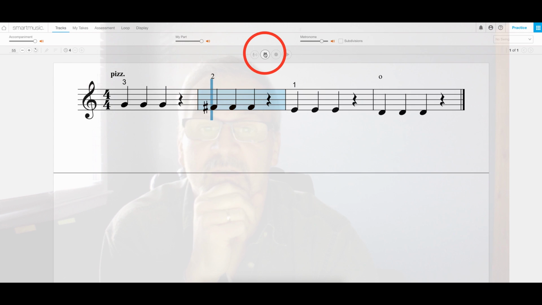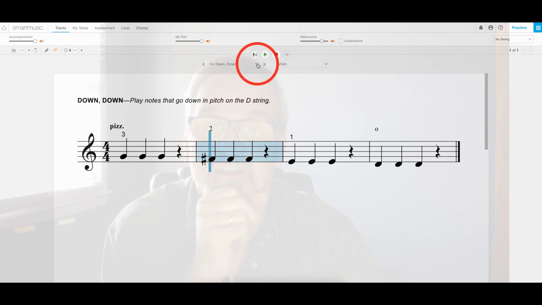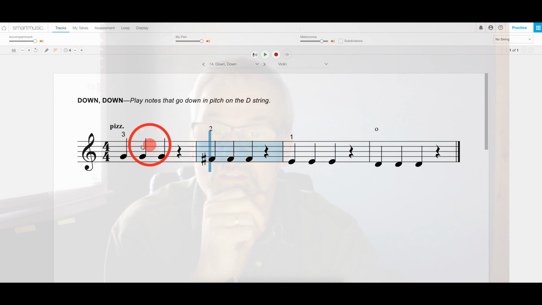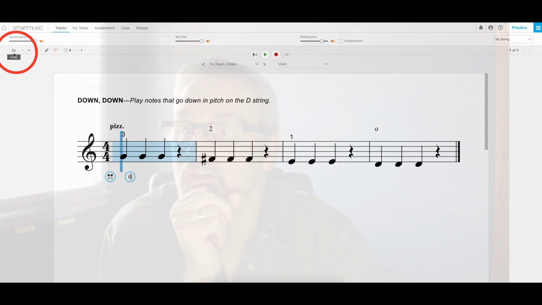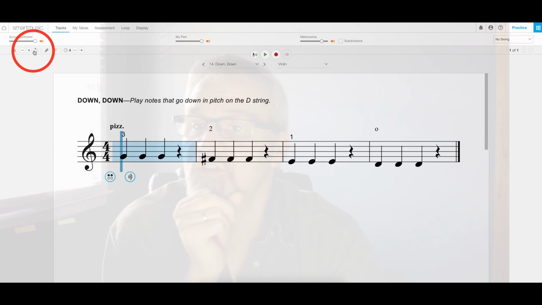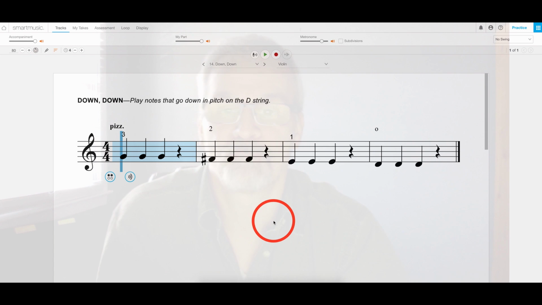Okay, so that's very slow, isn't it? Yeah. So I'm going to go back over here to the tempo, and to reset it back to what it was originally, I can just click this reset button here, and it will take it back to 80. All right, so that's